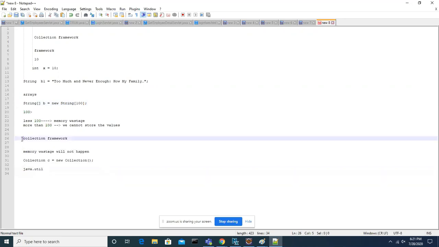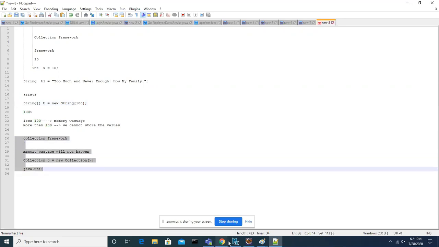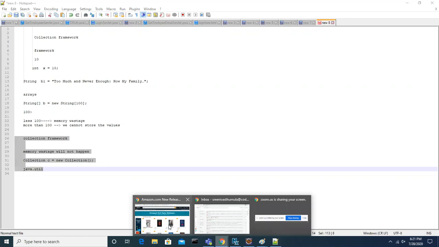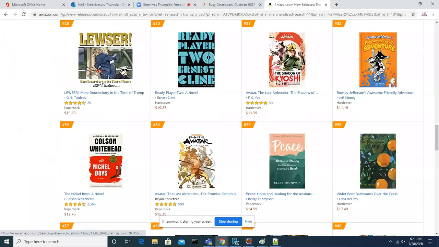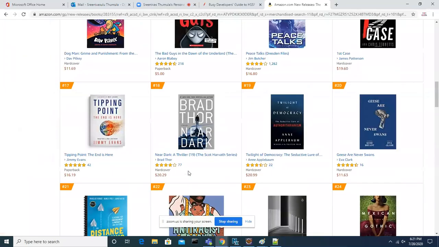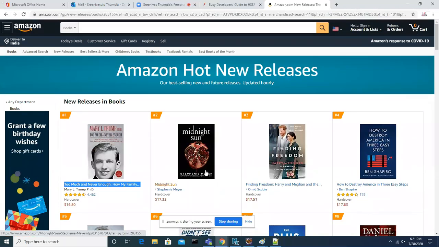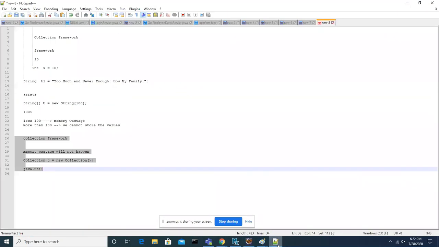That is why this is very important: if we take any application, guys, we are dealing with multiple groups of data. Dealing with a multiple group of information is nothing but a collection. So to handle this data and make it simple, we have to use this collection framework.